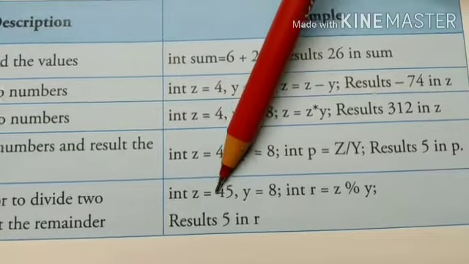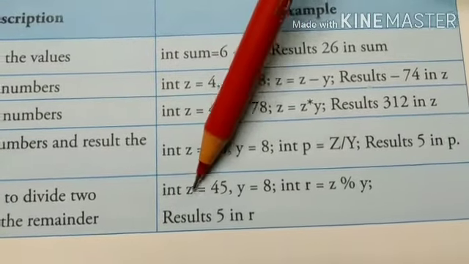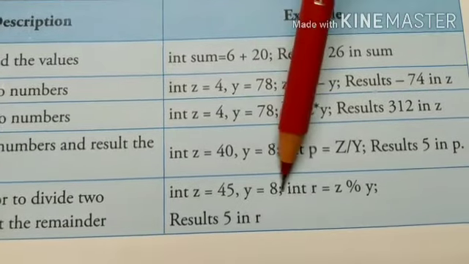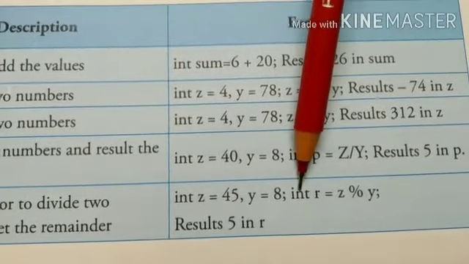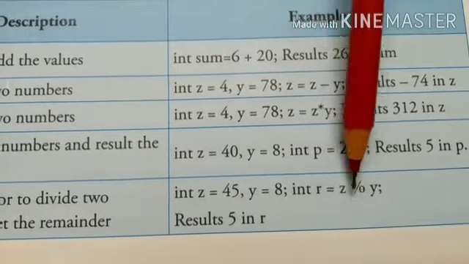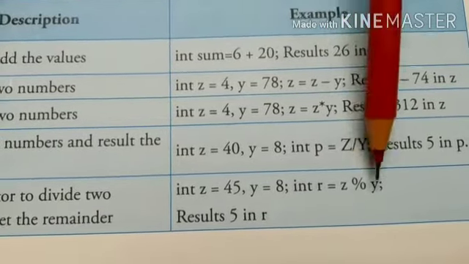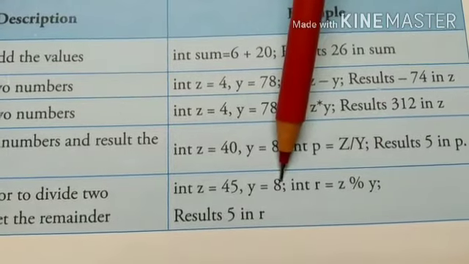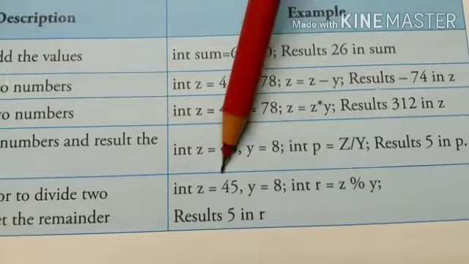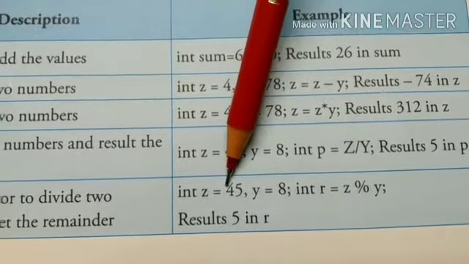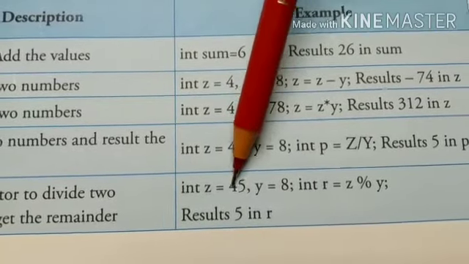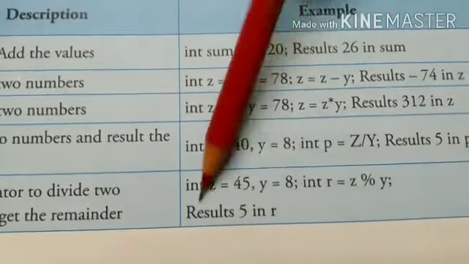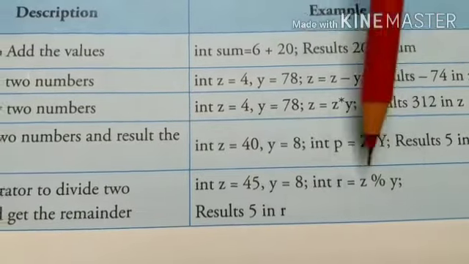So z is equal to 45 is given, and z is an integer type of variable, and y is equal to 8, which is also an integer. Now int r is equal to z modulo y. So we'll see here 45 divided by 8. 8 5s are 40. When we subtract it from 45, 40 will be subtracted, then we will have 5. So the remainder 5 value will be stored in